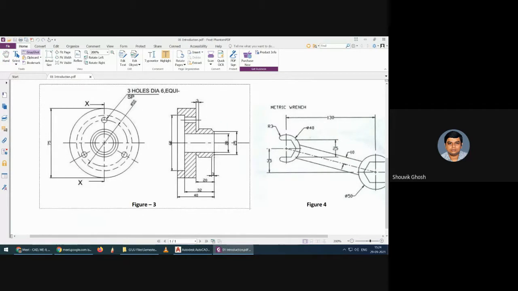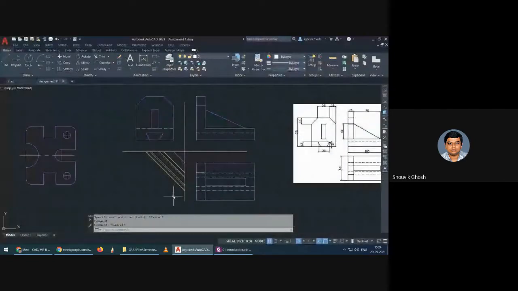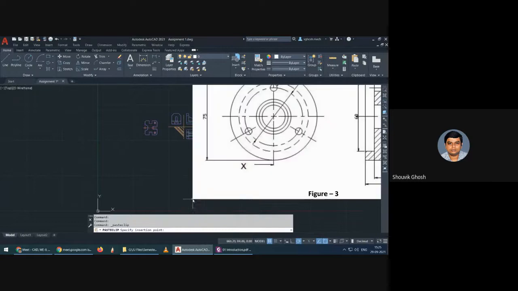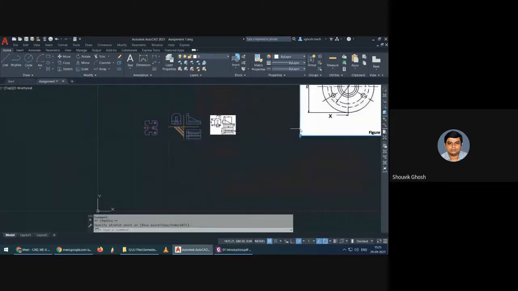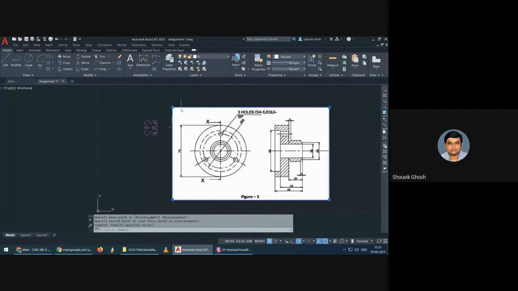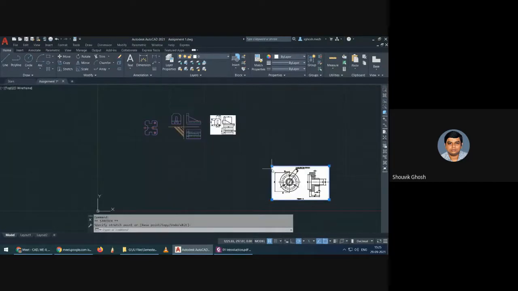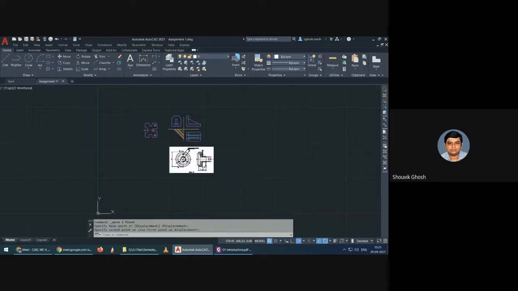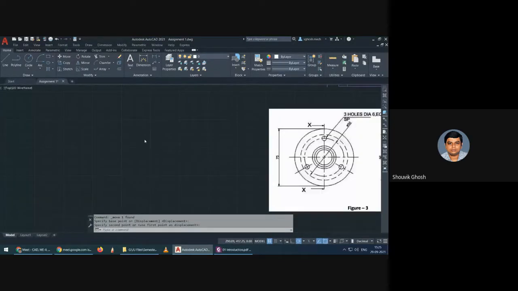So let me select. See, I'm not concerned about where the object is to be placed and all these things. I'm just keeping it wherever I want. Because later on, when you are actually going to place it in the viewport, only then will you need to take care of the positioning. Because then only you will get the idea that this should be here, this should not be here, like this. Okay.